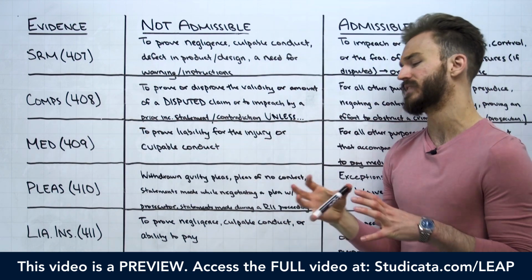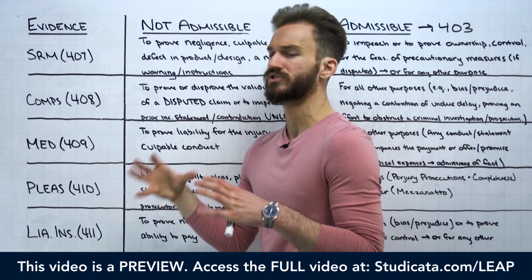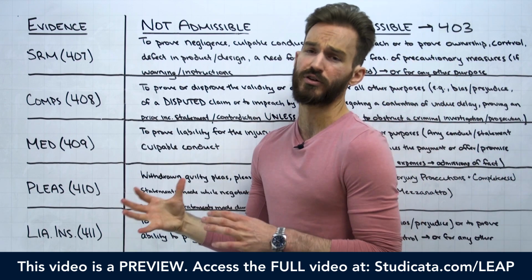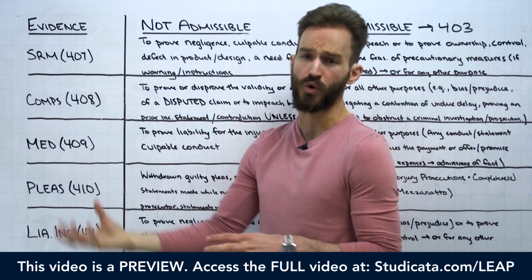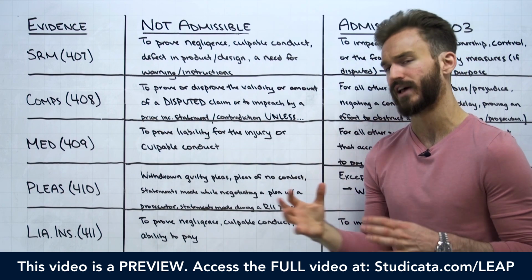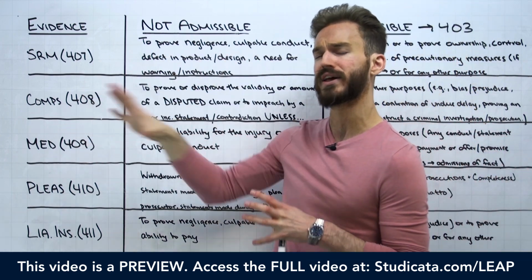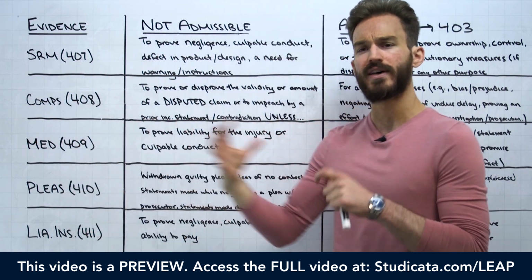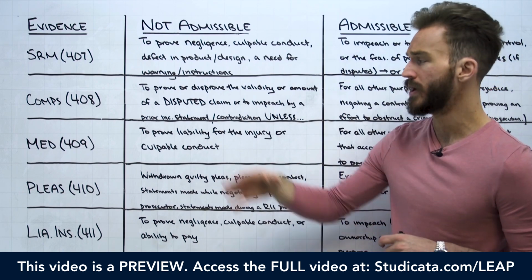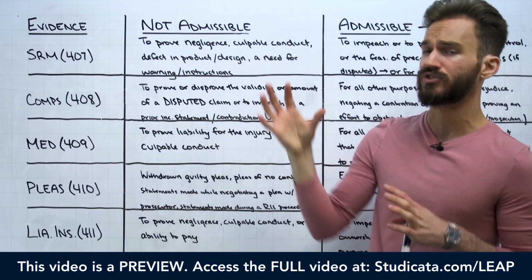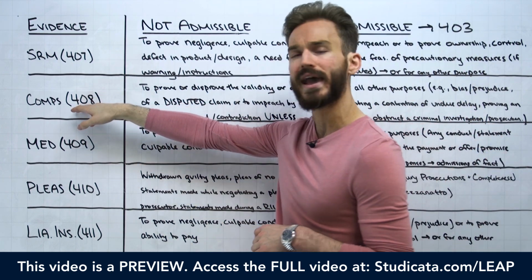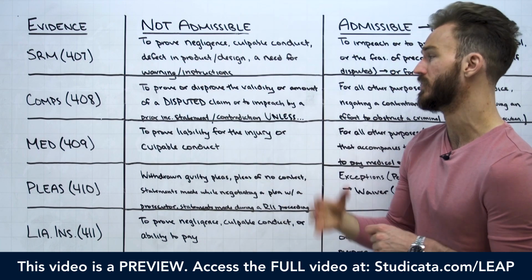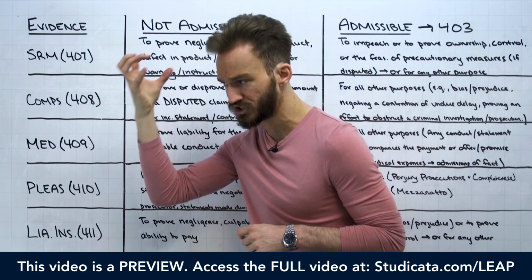So if this is a settlement negotiation and we're trying to settle this lawsuit, the creditor says, hey, look, you need to pay me $15,000 or I'm going to have to sue you to recover in court. And the debtor says, let's try to settle this thing, but I don't think I actually owe you $15,000. Here's what I think, it's only $10,000. And then there can be some negotiation back and forth. Maybe they reach a settlement, maybe they don't. If they don't, those statements made during that settlement negotiation cannot be admitted to prove or disprove the validity or amount of the claim because it was disputed.